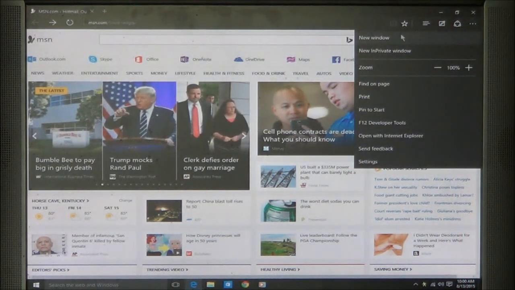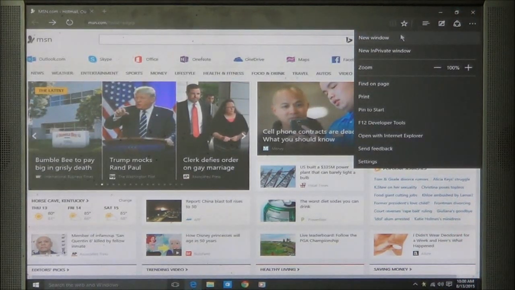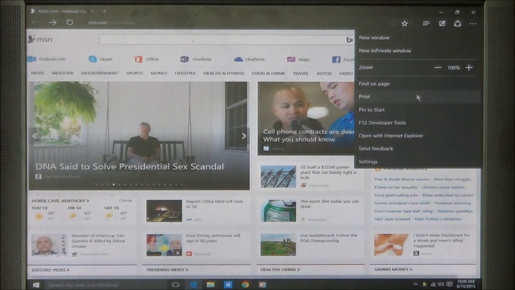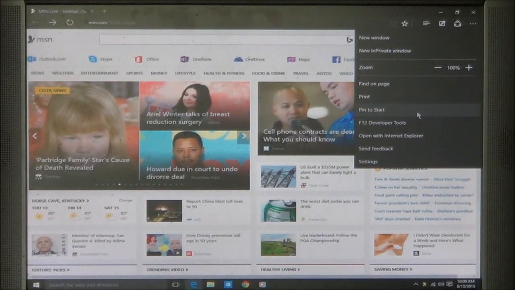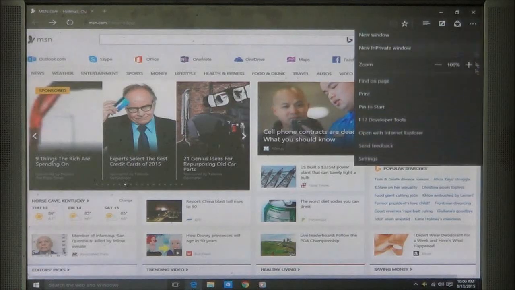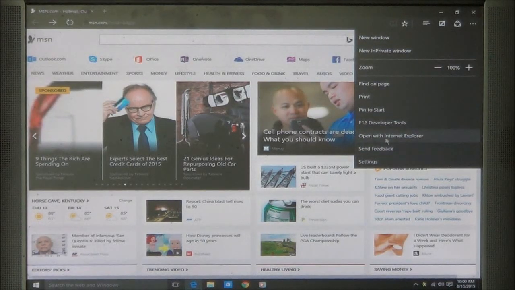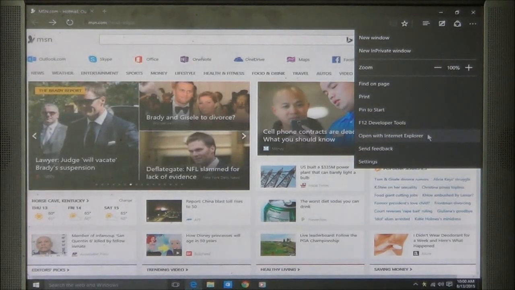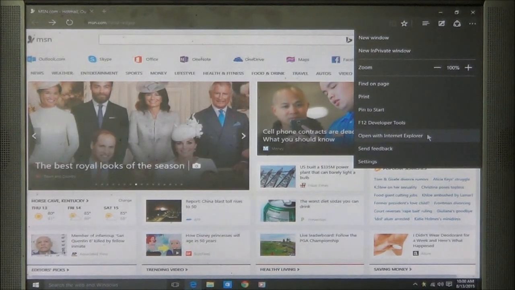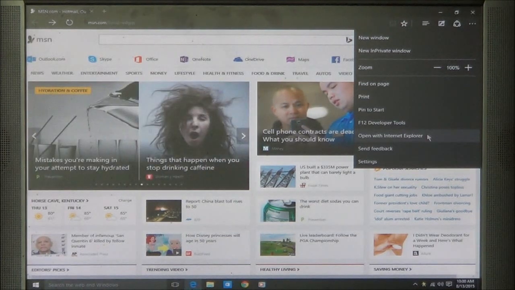Here you have your settings. This is a lot different to what you may be used to in Internet Explorer, but it's basically the same. You can find stuff on the page, you can print, you can pin the page to your start, which is your start button down here in the lower right. You can send feedback. Now this right here is where Internet Explorer comes in. If you're looking at a page and you don't think it's displaying correctly, which you may come across some of those,